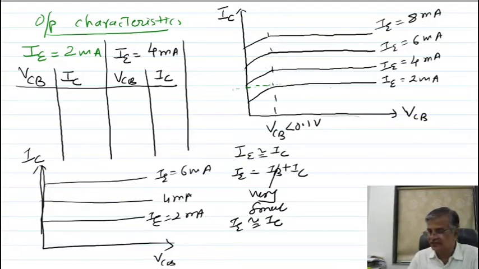As VCB increases, IC is almost constant, means IC does not depend upon this voltage. Which voltage? Collector base. This is almost horizontal. Conclusion is that output resistance for common base configuration is very large, because variation in the current is very, very less. Okay. So this is almost horizontal, like this you are getting. Let us see why you are getting this. What is the reason for this? To see why you are getting this, for that I am telling you.